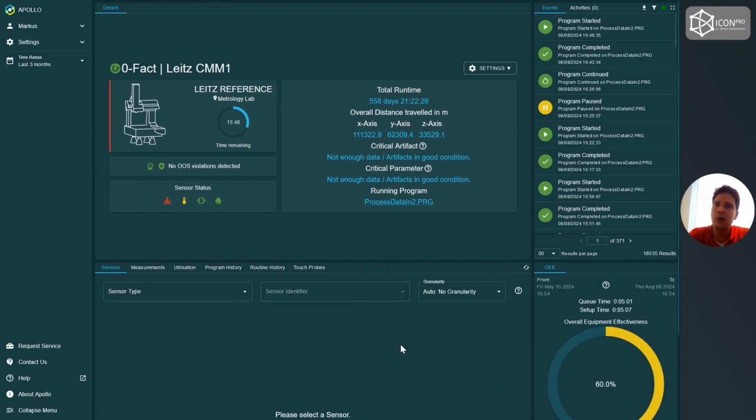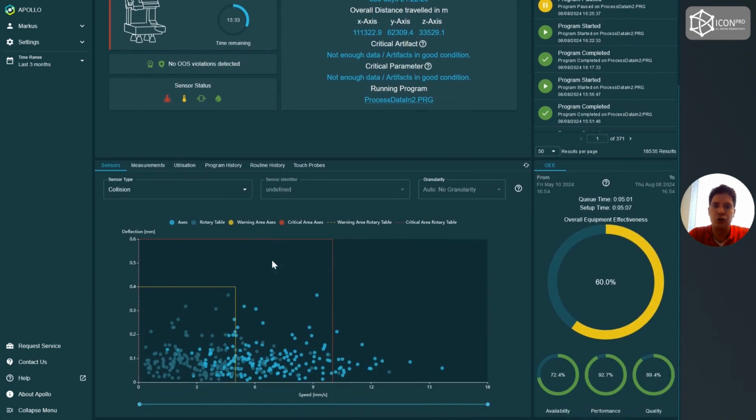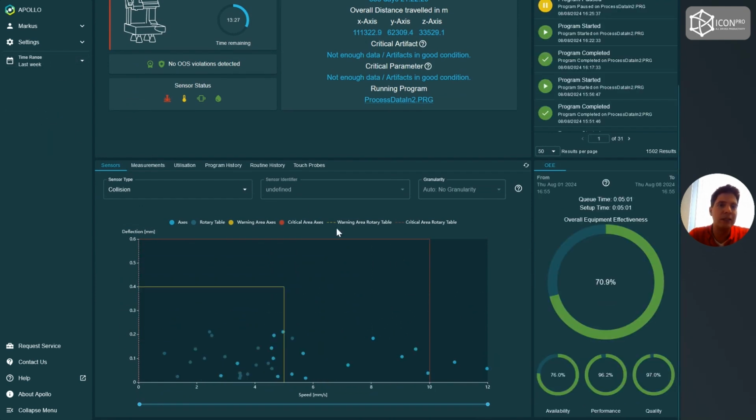So here now we see all kinds of information that refer to this specific machine. To make it easy, we can just click here on this icon, which shows a critical collision. And then we directly get to the plots showing us all collisions that happened. We can also select just the last week, for example, and then we only see the collisions of the last week. And we can see here that there were some collisions which actually exceeded the configured critical limits here